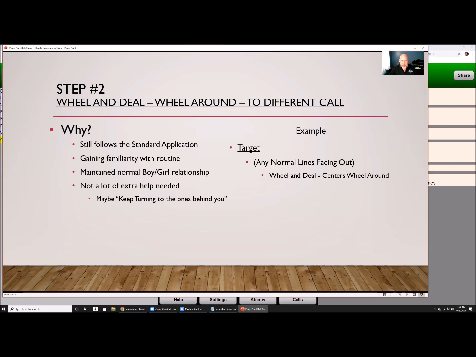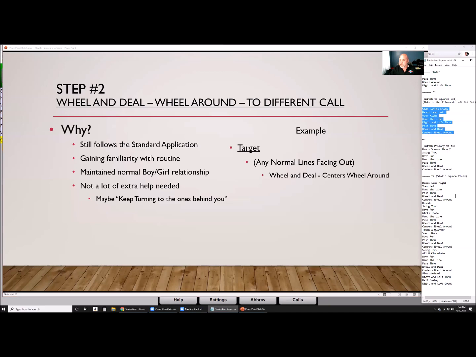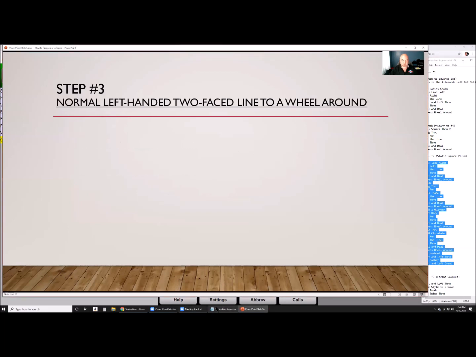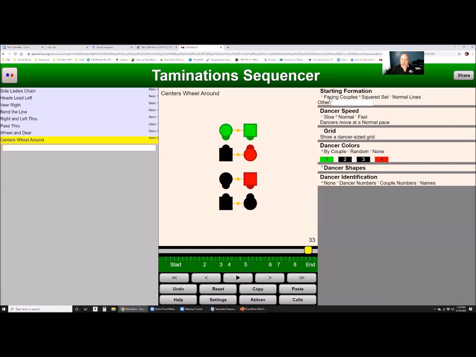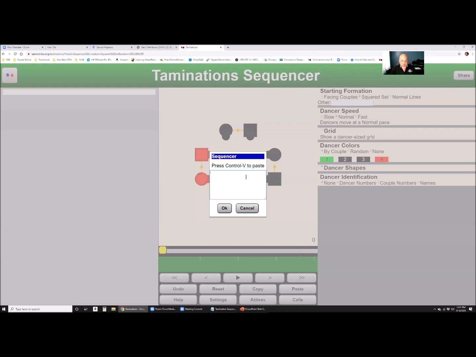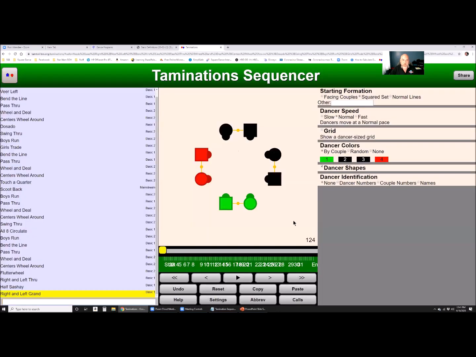So again, for those of you who want to see an example of what we would do, we're going to come over here to, I'm on step 2. This one's a little longer, but it'll give you an idea, and I think it's good to show how we do things a little differently. So we're going to go back to a squared set for you and paste this one in, and bear with me as we walk through this particular one. So starting at the top,